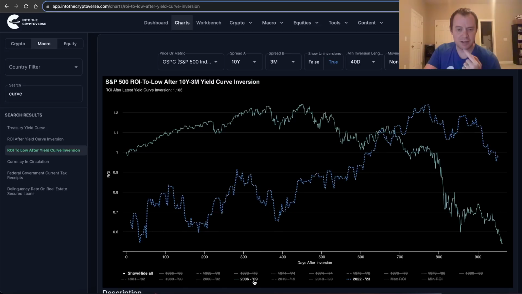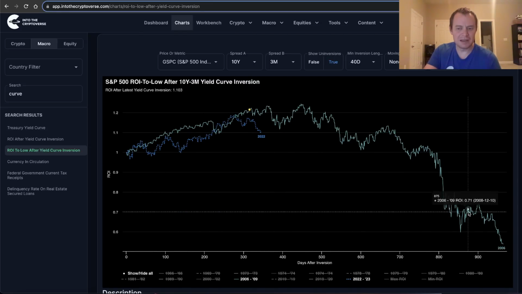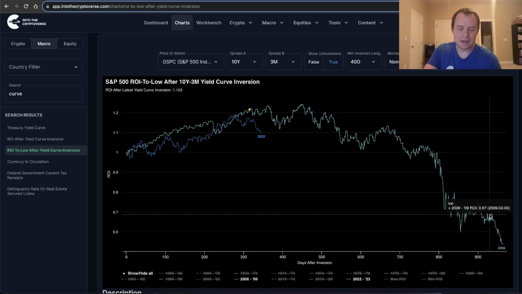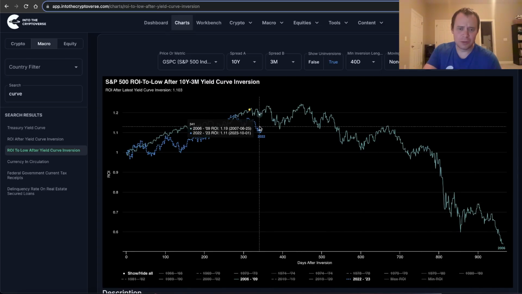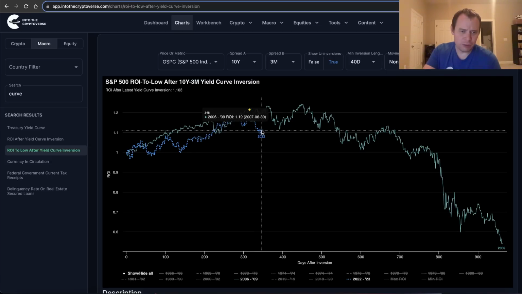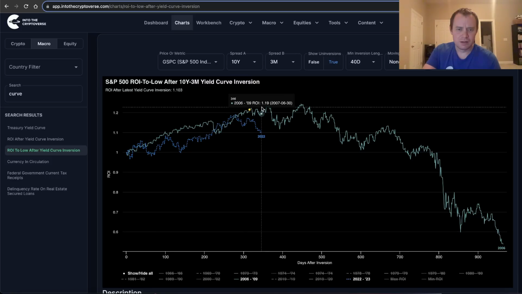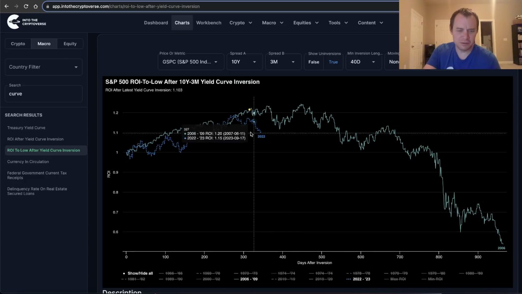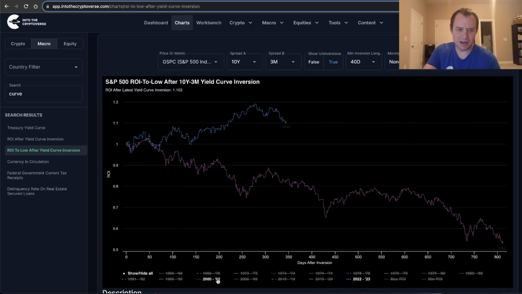Now look at the financial crisis. What was the S&P doing? It climbed the wall of worry until eventually we had the major collapse, and the S&P rolled over. And look how long this took. We're currently on day 340, maybe 344, 345 since yield curve inversion. In the financial crisis, you can see what the S&P was doing around this time. It was in a topping process, right? A long topping process, but it did eventually resolve to the downside. Look at the dot-com crash. It was almost immediately down.